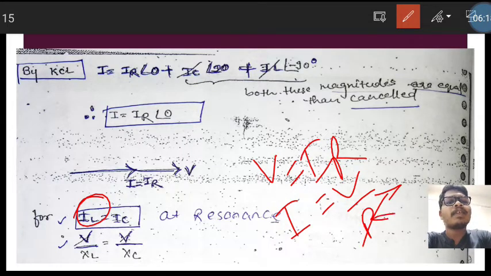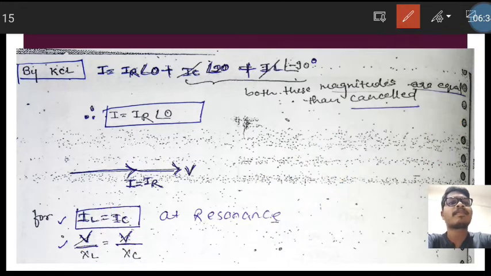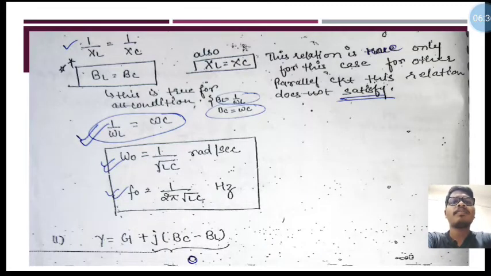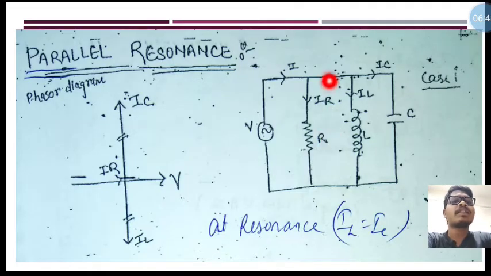So here, in the inductance case, there is an inductive reactance. In the place of resistance we are taking inductive reactance and capacitive reactance, XL and XC. So for inductive current we are taking inductive reactance and for capacitive current we are taking capacitive reactance at resonance condition only. Okay, so here see, the voltage is the same in both the cases, that is the source voltage V, because here only one node is there.